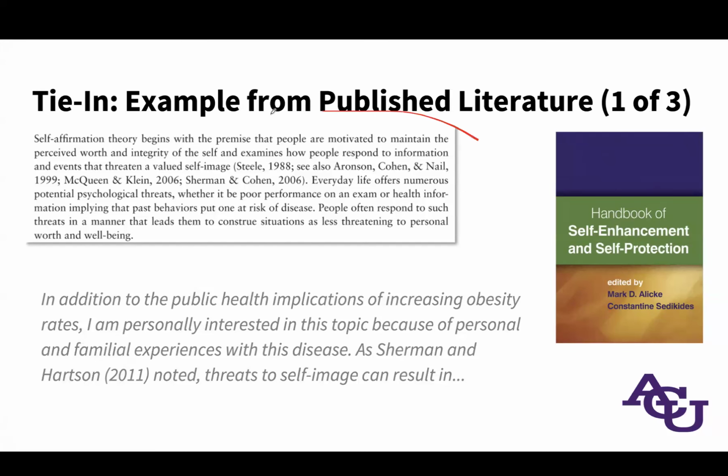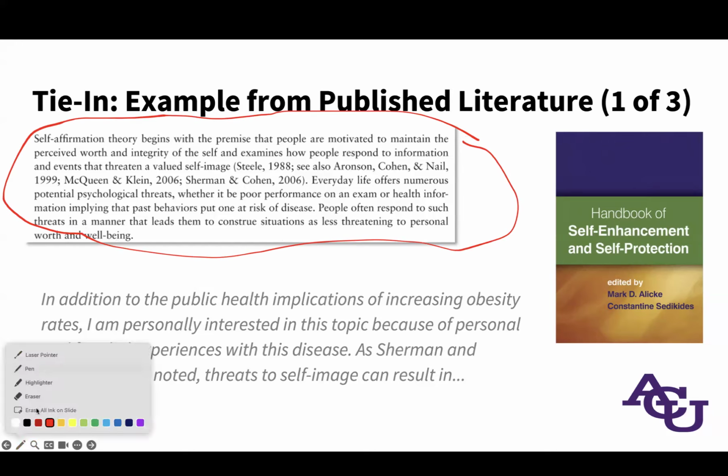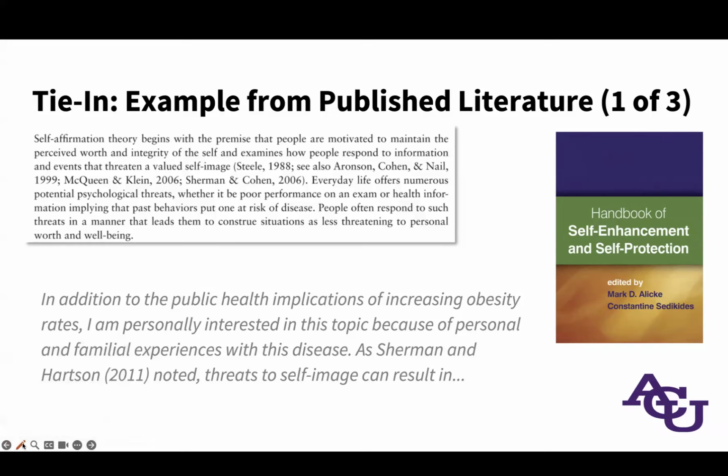So this is the Handbook of Self-Enhancement and Self-Protection. And it is an edited volume, meaning that it has two overall editors, but the chapters are essentially written by different participants. And so although you see the editors' names here, the authors will be whoever was writing this particular chapter, which happens to be listed in the example here. So let's say you were looking at this passage and saying, you know what, I want to ground my reflection in this piece of the literature.